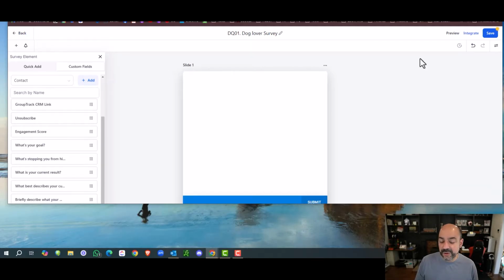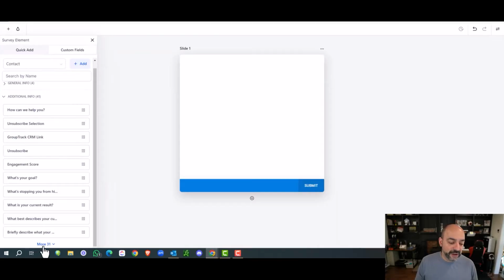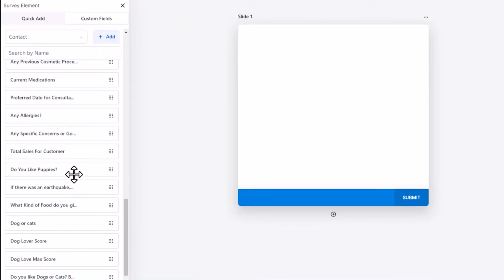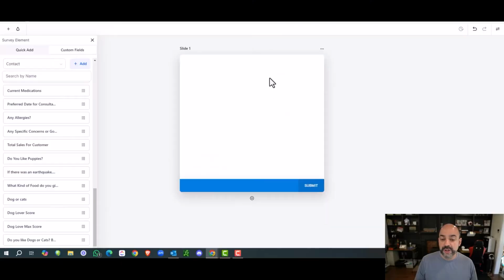And the only not cool part about this is if you have a lot of questions, you got to click all the way down at the bottom. And we come in here and do you like dogs or cats? I'm going to move that over. Notice really simple question. And notice that I'm doing it in a slide. So first slide is here. So what I'm going to do is I'm going to add a second slide where I'm going to add my